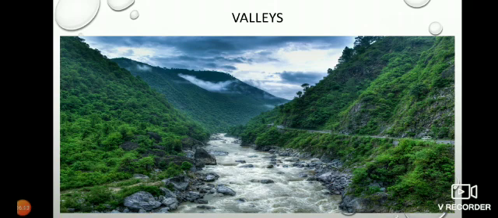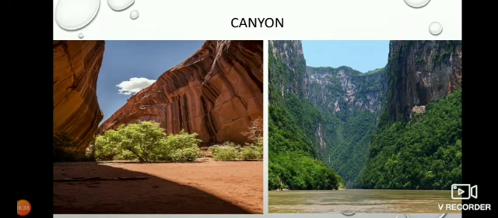Yes, we have valleys like Kashmir Valley in Jammu and Kashmir, Silent Valley in Kerala, Araku Valley in Visakhapatnam, and other valleys like Valley of Flowers, Kangra Valley, and Shiravati Valley. We have more than 20 valleys in our India.